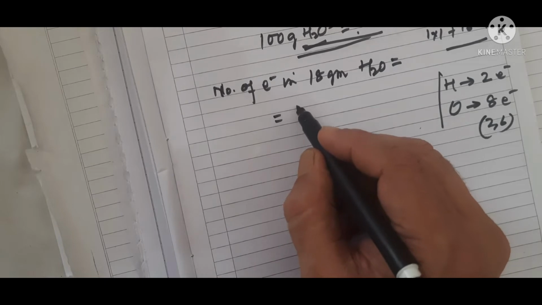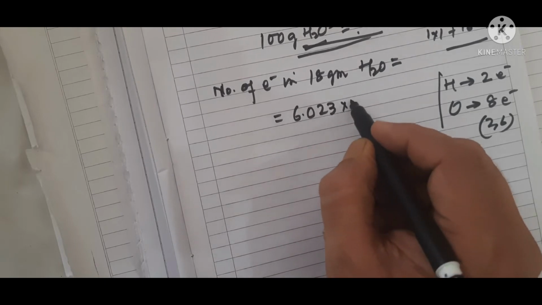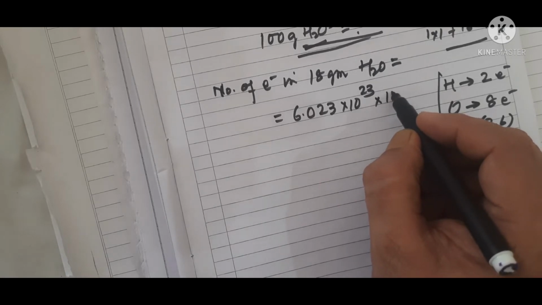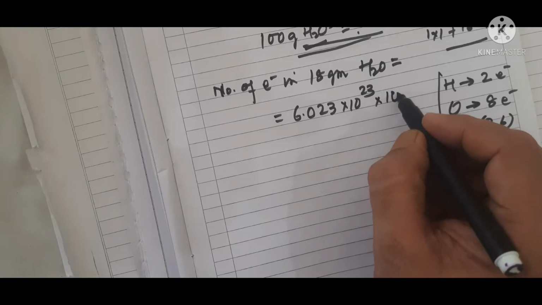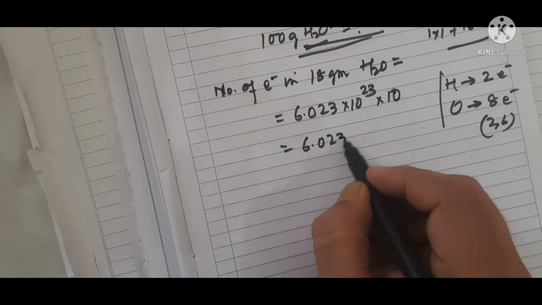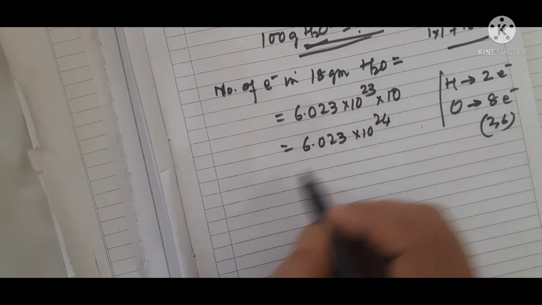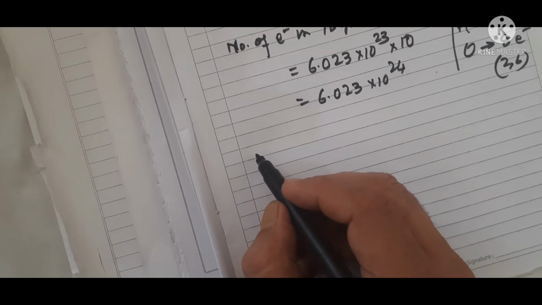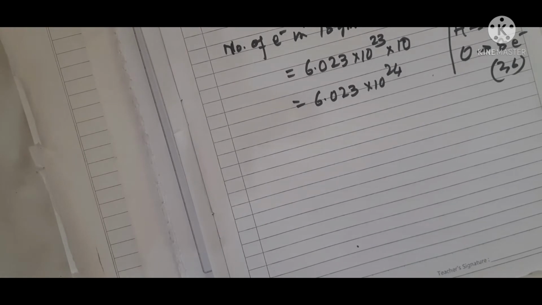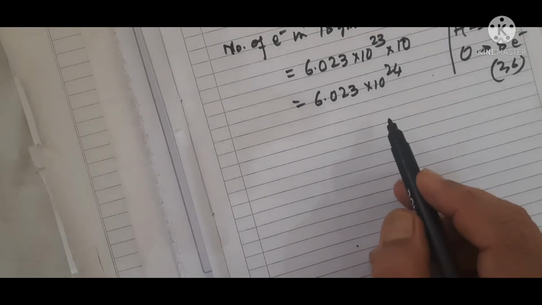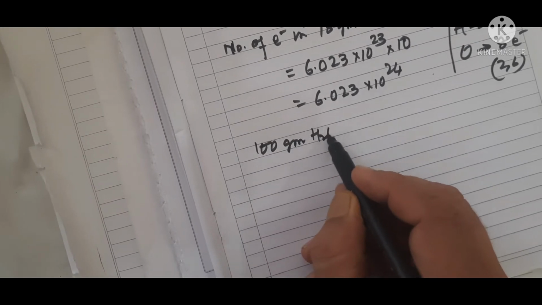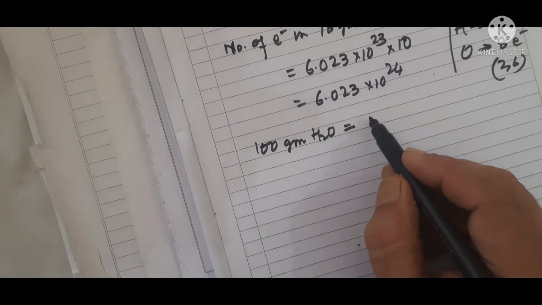That will be the 6.023 into 10 to the power 23, Avogadro's number, into 10 electrons, that is your 6.023 into 10 to the power 24. इतना इलेक्ट्रॉन है, that is your number of electrons in 18 ग्राम of H2O. 18 ग्राम H2O में इतना इलेक्ट्रॉन है. तब 100 ग्राम H2O में कितना इलेक्ट्रॉन होगा? 100 ग्राम में।